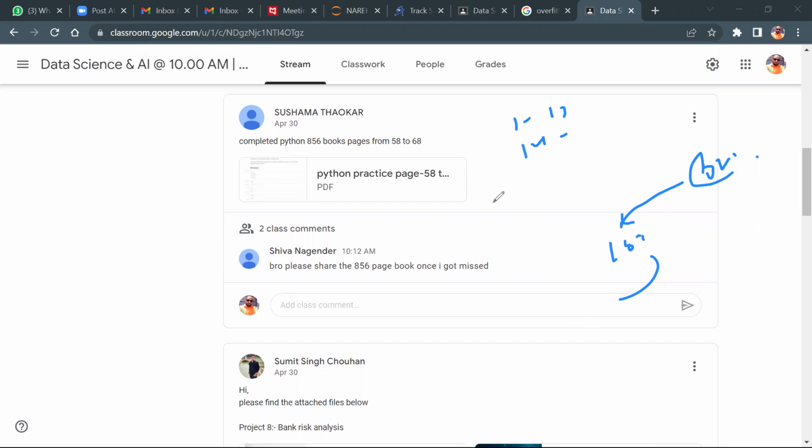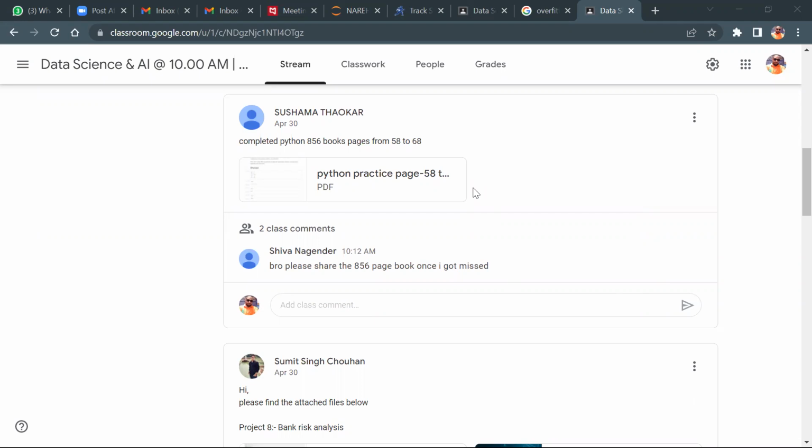So just wait for time. Please, guys, the one who was assigned 1 to 12, let me open the file. It's not mandatory. You can do it if you wish, or else you leave it, guys. But I'm saying if you do, it's better. It's for your self-learning and it could be for teamwork. I'm sure you would never complete the 856 book on your own. No institute will train you, guys.